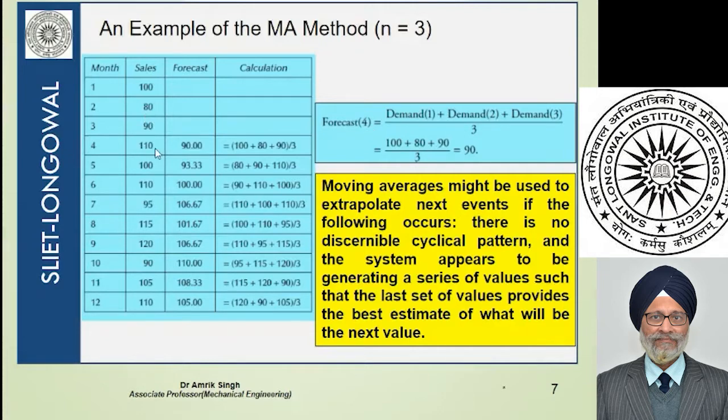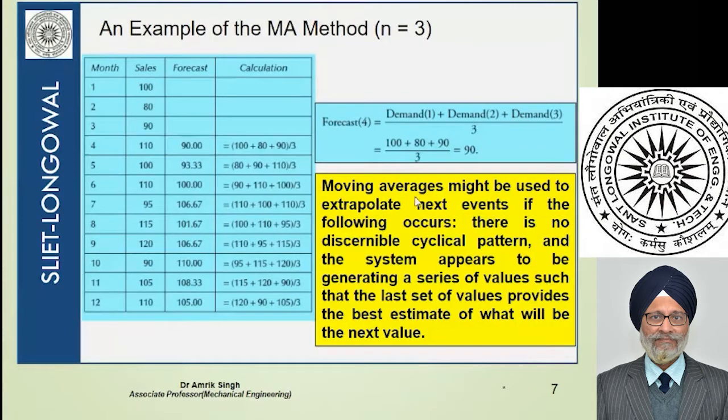So this is demand 100 plus 80, so this becomes a demand, 100 plus 80 plus 90. So if you see for the last 3 months, this divided by 3, so it is 90. Suppose I say you calculate the forecast based on the 6-month moving average. So what we'll do for the 6 months, we'll take the last 6 months, add the demand and divide it by 6. So I think it is clear.